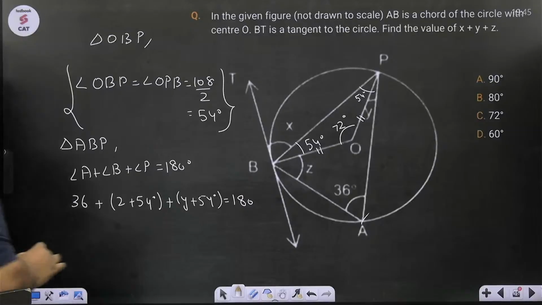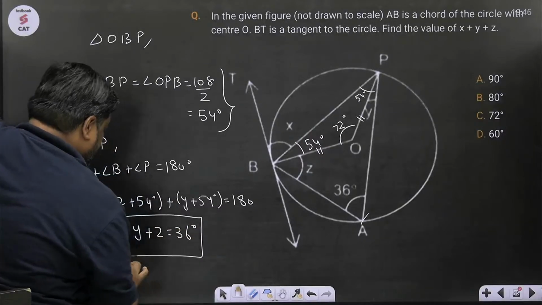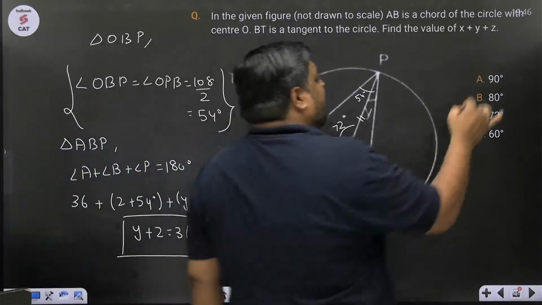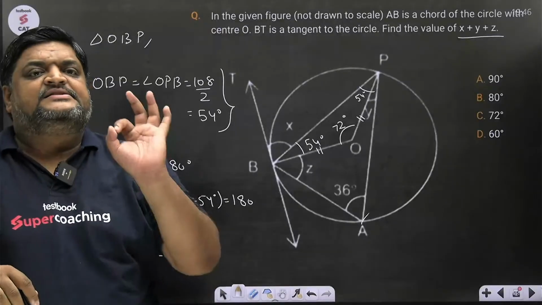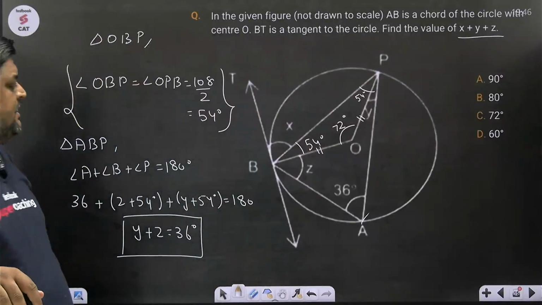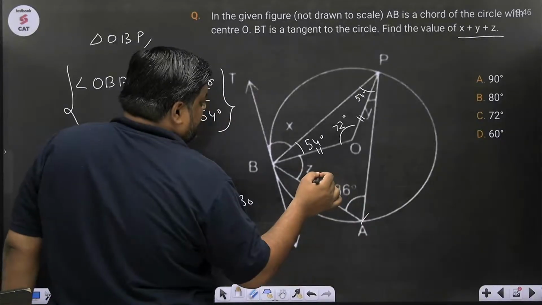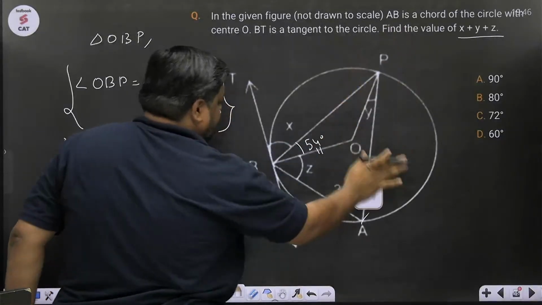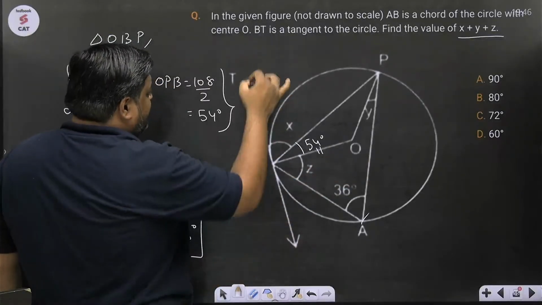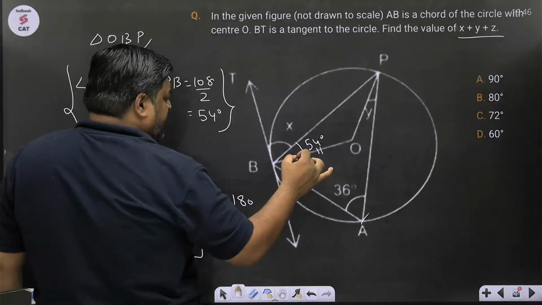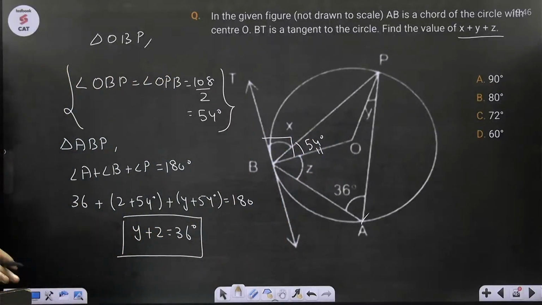यस सर, मिल गया। y प्लस z इज 36 डिग्रीज। बट व्हाट दे हैव आस्क्ड? दे हैव आस्क्ड x प्लस y प्लस z। x स्टिल इज पेंडिंग। x कैसे निकलेगा? आई होप यहां तक का तो कैलकुलेशन आपको क्लियर है। गाइस देखो, आई टेक दिस आउट, जो जरूरी नहीं है। चलो अब देखो, O इज सेंटर ऑफ द सर्कल, राइट? दिस इज द टेंजेंट, TB इज द टेंजेंट। तो O से पॉइंट B पे कनेक्ट करने पे दिस एंगल वुड बी 90 डिग्रीज। बोलो यस सर,